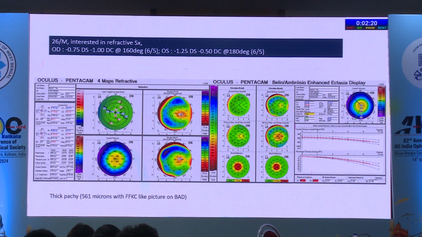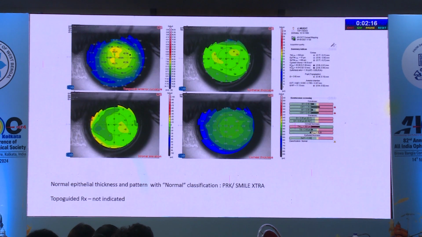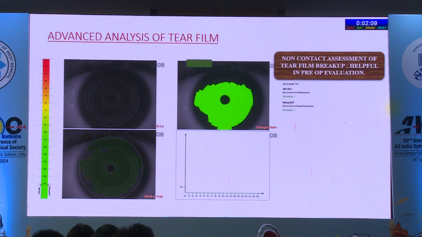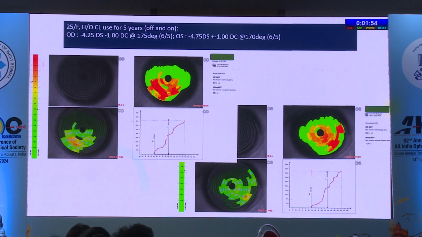Another case with a thick cornea, FFKC-like picture on BAD again. Here, because the epithelial maps and everything is normal, I can probably go for a PRK or SMILE Xtra in this particular case. Advanced analysis of tear film: you don't need to do any of those invasive tests, Schirmer's 1, 2, which are uncomfortable for the patient and also very subjective. So it gives you NIBUT, which is a non-invasive breakup time, and this is what we have been using for our refractive patients. You see how it gives you the report: all the dry spots are highlighted as